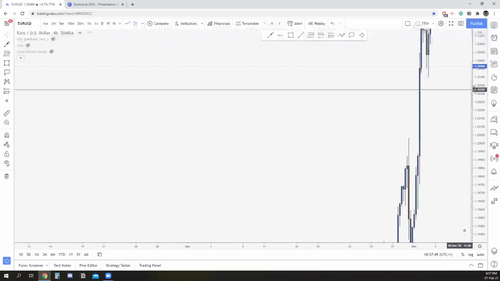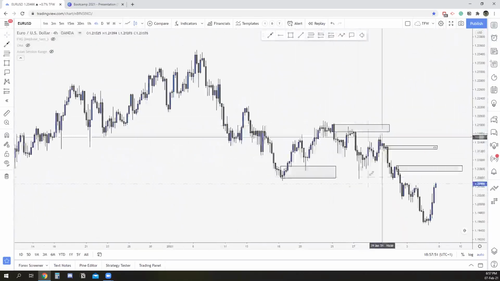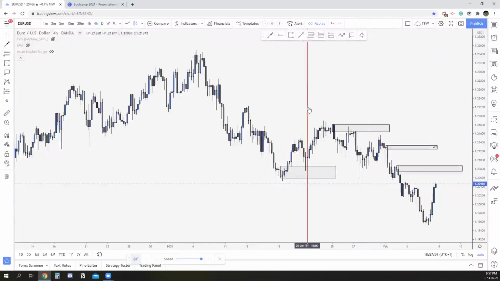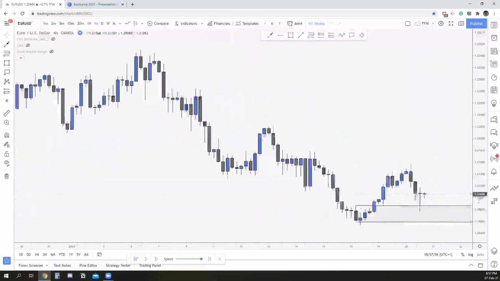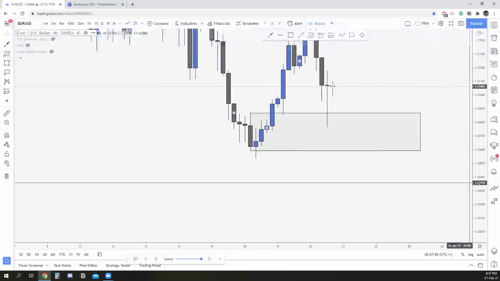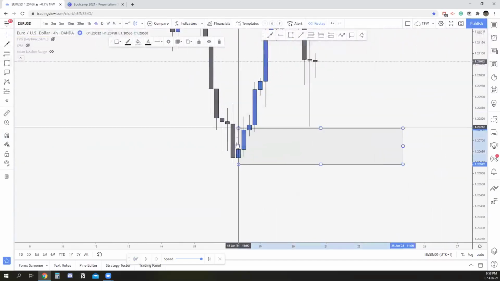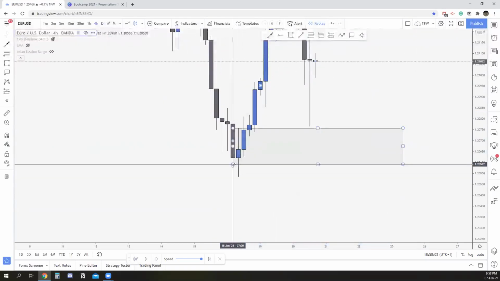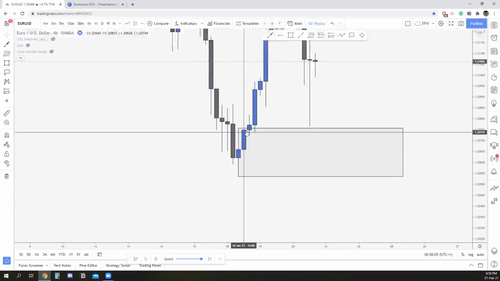But then again, let me just remove everything. Let me do this like that, right? So what you do later is you look for the next candle. So here is your next candle, right? But is this candle engulfed by the next one again? No, it's not, right? This candle does not close above this rectangle.